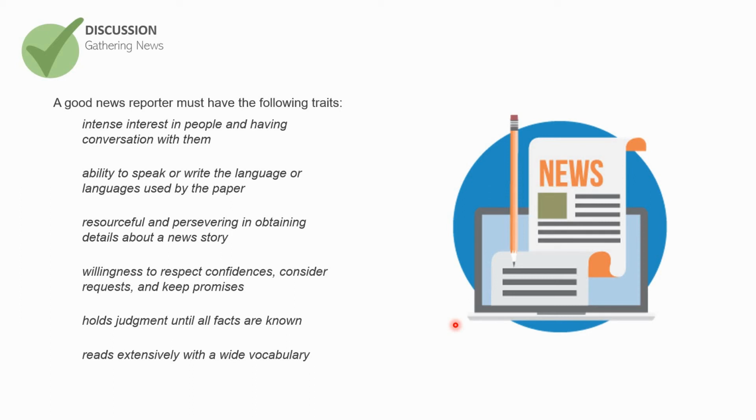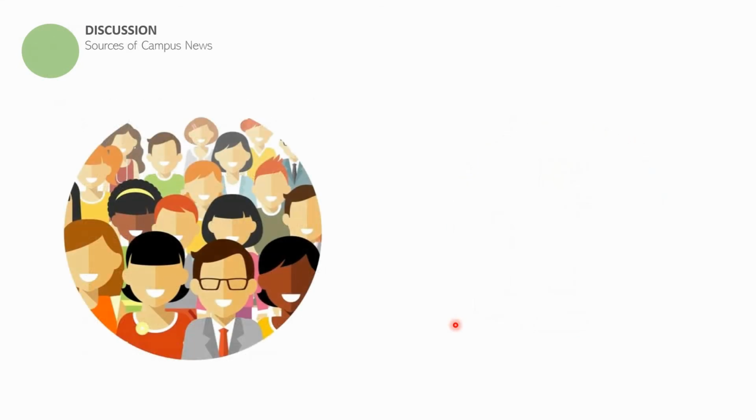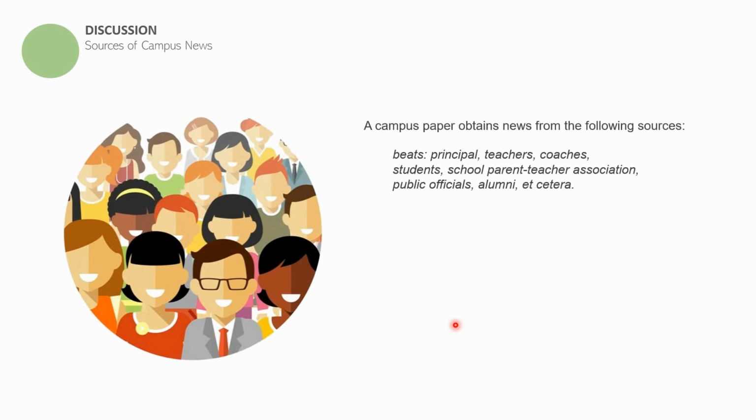Okay, now you know the traits, you know the elements of a good news story. Now, where did you get those stories? Okay, so the next part is itong mga sources ng campus news. Okay, so you can get them from your beats. Beats are people, so they can be the principal, teachers, coaches, okay, students, the school, parent teacher association, public officials, mga alumni, or any other persons such as,